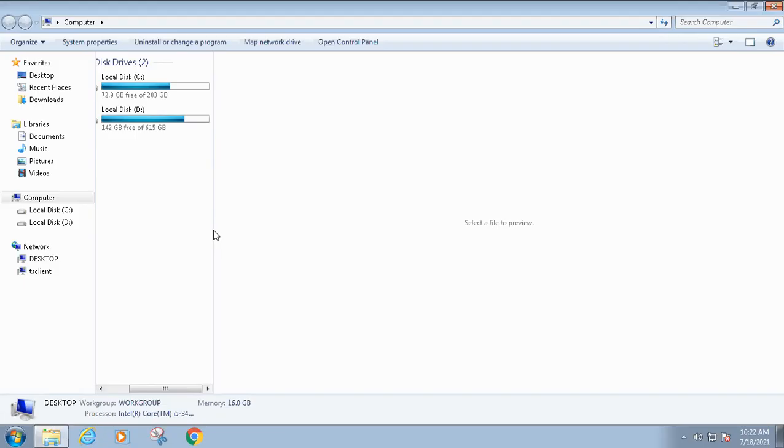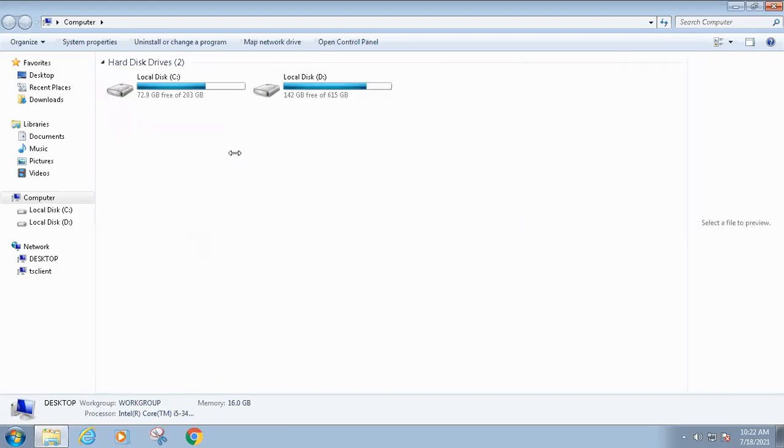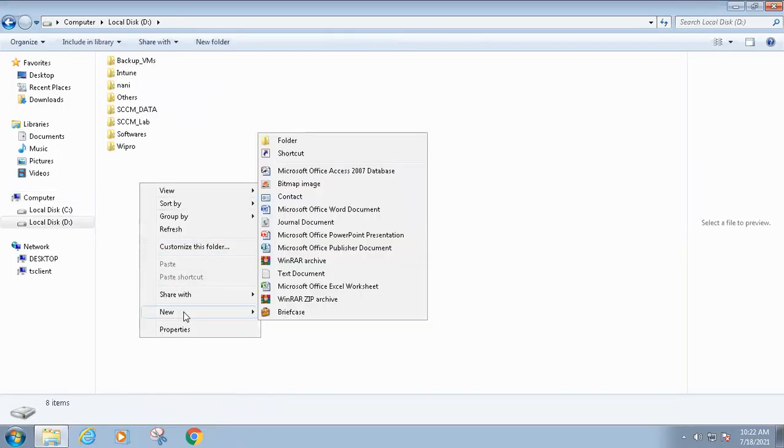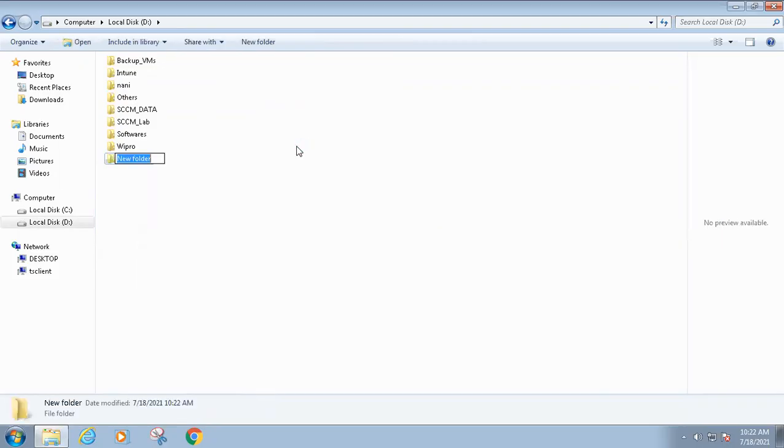Identify a disk with more than 100 GB capacity. I have 100 GB there. Try to create one folder. I will try to put SCCM